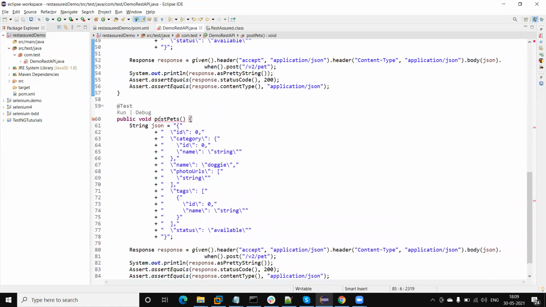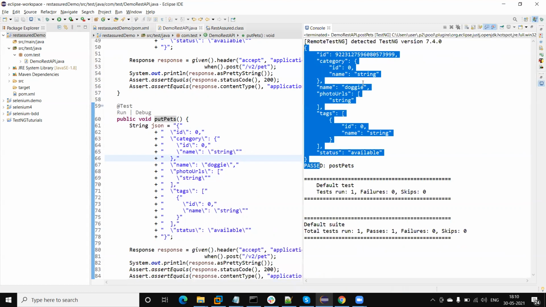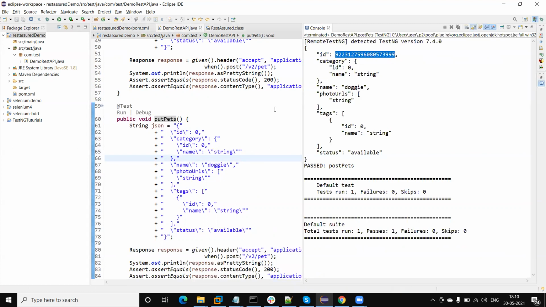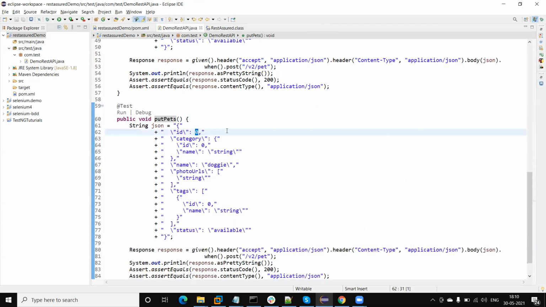Okay, so this is the put. Why are we using put? Basically put is used to update the data, while post request is used to create the data. Okay, so this is the put method. I can add the ID here, so this will update the data for this ID.